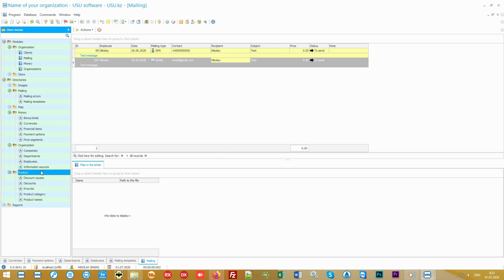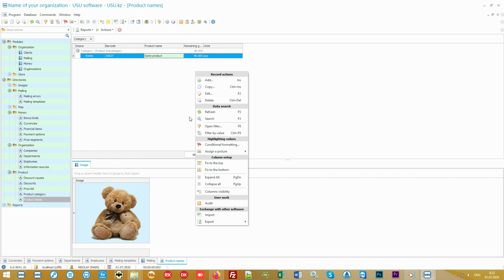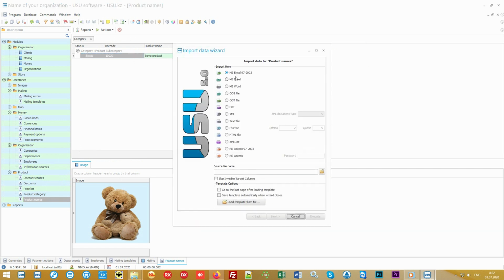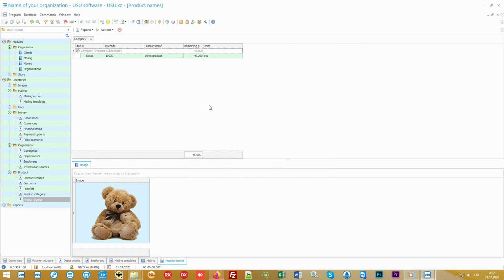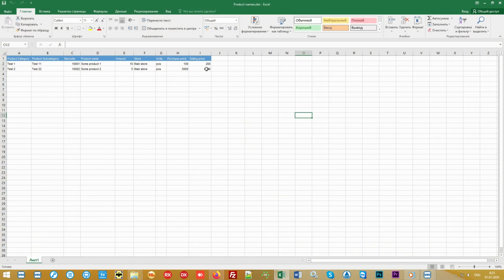Back to the settings. In the Products folder, you can fill out the range of your goods. Moreover, our software makes it easy to start working as quickly as possible without spending a lot of time setting up. A quick start provides the ability to import current balances. For example, if you have a simple Excel spreadsheet, you can import it into our special software. Thousands of items will be added to the database in seconds.